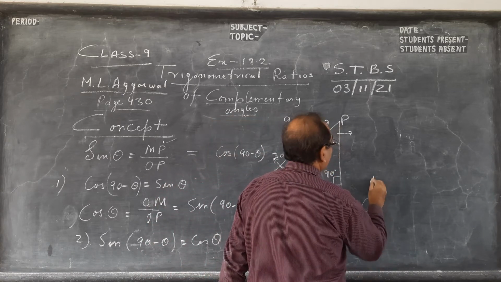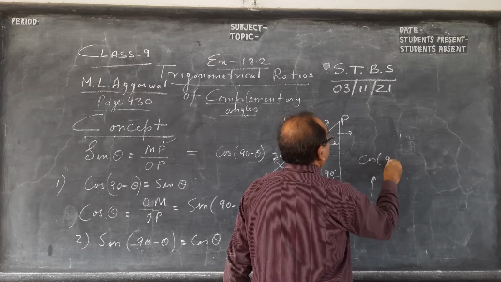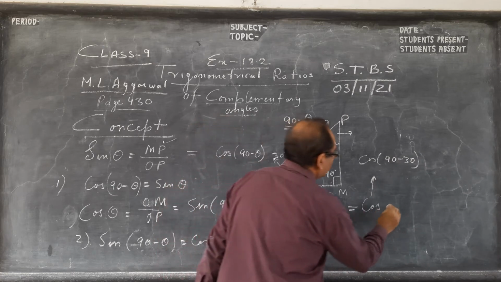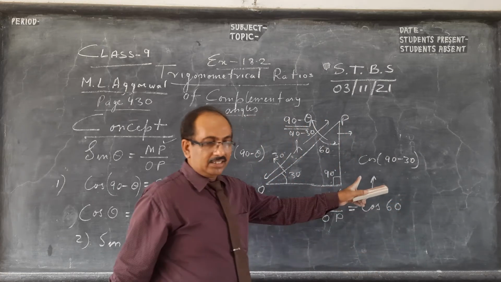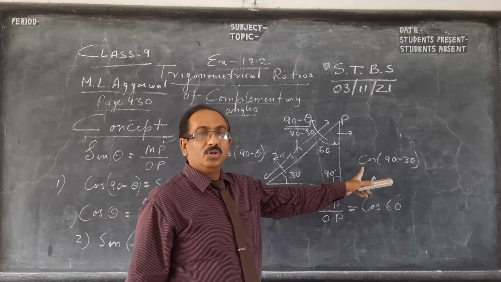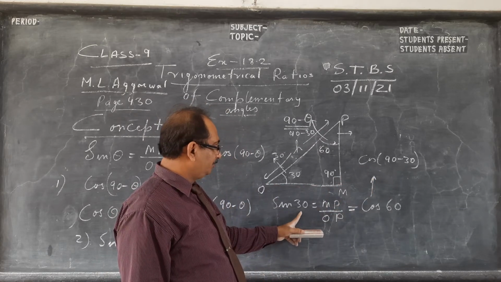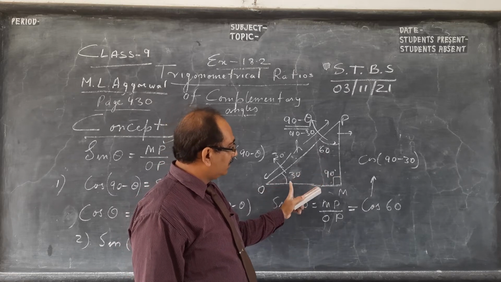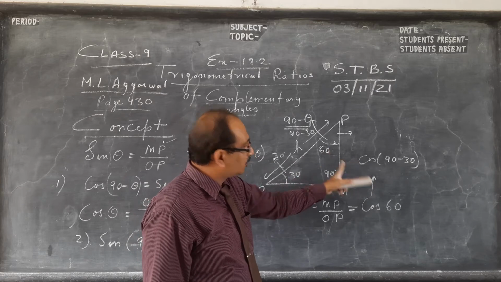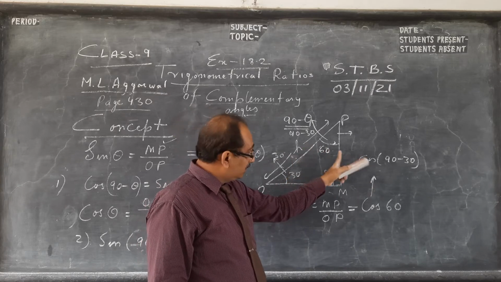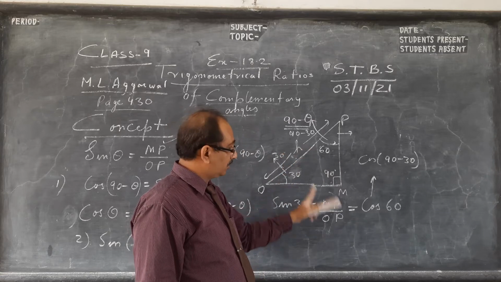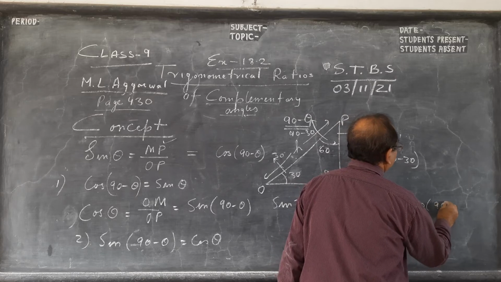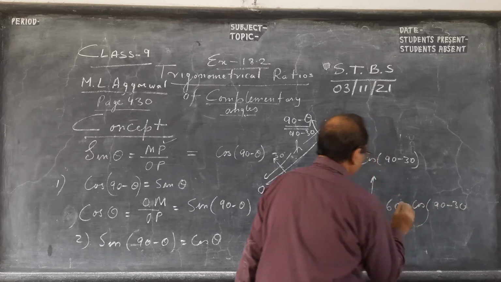Better actually, we should write cos 90 minus 30, I'll tell you why. So this is cos of 60. Don't go direct. ICSE won't give you marks. Okay, so sine of 30 is equal to cos of 60, because sine 30 is this by this, and cos 60 is also this by this, base by hypotenuse. So here one very important thing is that you write cos 90 minus 30, then you come to this.